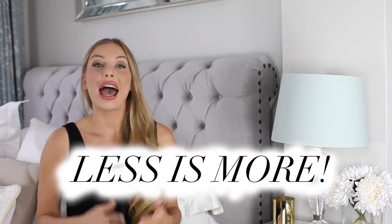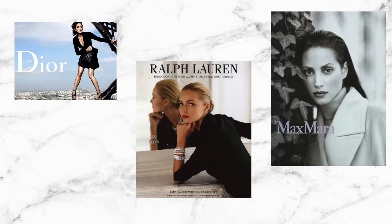Okay, so first way how you can look expensive on a budget. Number one, let your style be simple, girls. If there's something that you really should think about when it comes to looking expensive, well, that is less is more. And the reason for that is because simplicity is often more associated with being expensive. Well, look at the fashion houses. You have many expensive brands that have very simple styles in clothing, in the way they create clothes, and they